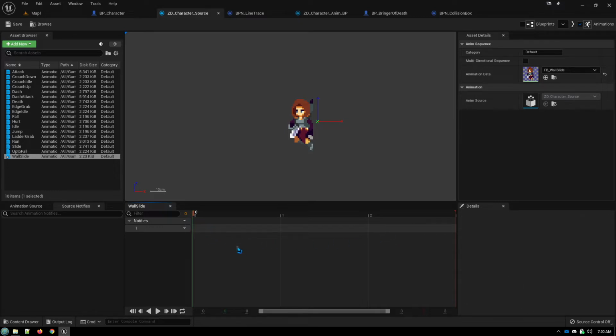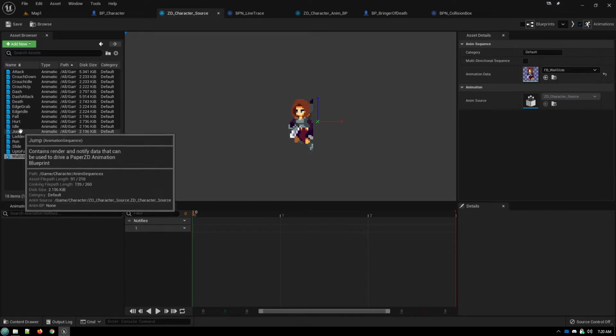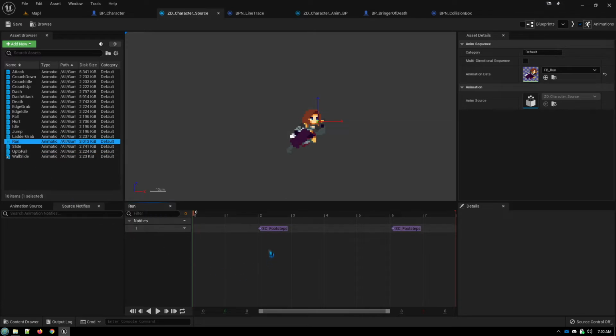So an example of this would be here in my run animation. I have footsteps on the frames. If we drag the slider over here, on the frames where the foot touches the ground, it plays a footstep sound. So if we play this,